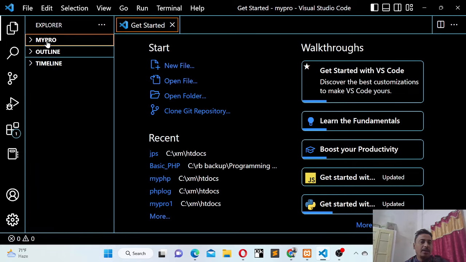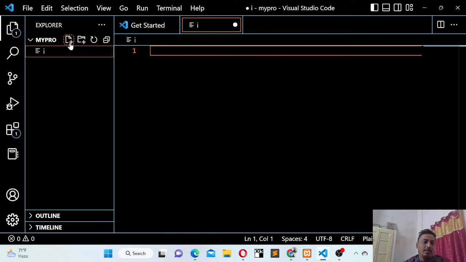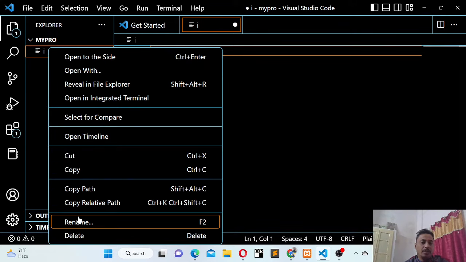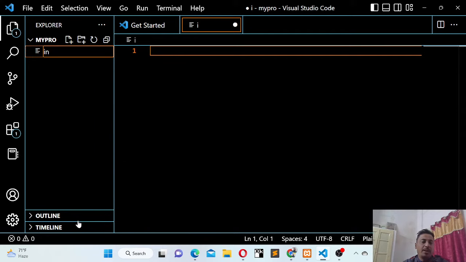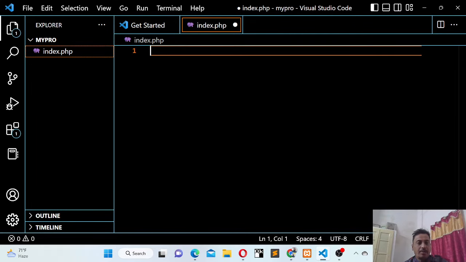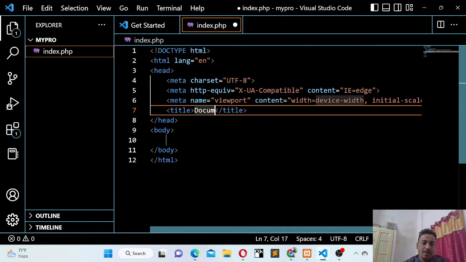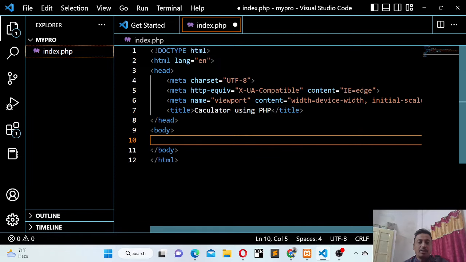So now you create a page with extension PHP. So I'm creating a page using extension index.php. Now just press exclamation and tab to create the structure of HTML. Then the title: calculator using PHP. Then in the body section you start